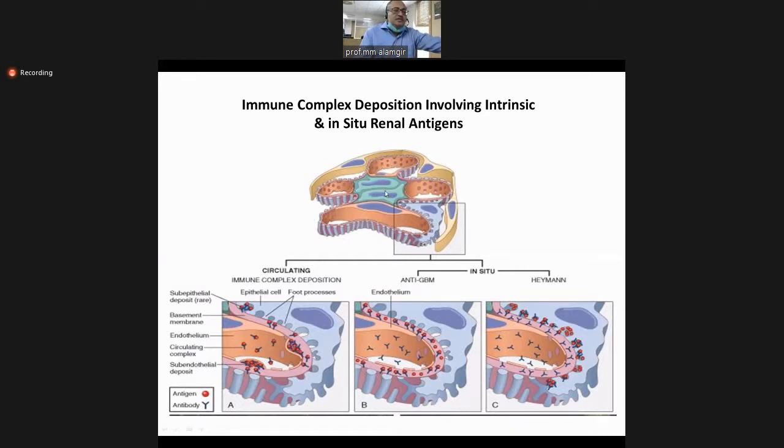Then we have mesangial cells. These are the mesangial cells which are present in the interstitium of the nephron. Then between the visceral epithelial cell and the parietal epithelial cells, we have the urinary space, which is referred to